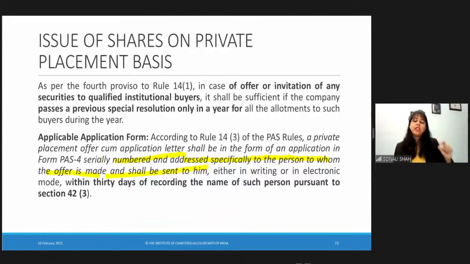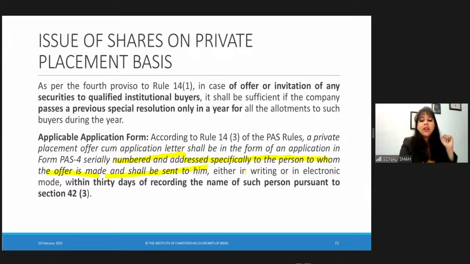So if the offer is being made to Ms. Sonali Shah, it will be specifically addressed. So it is only I who can subscribe to the securities. It's not that if I have received the offer, my entire family is free to make the application. No. It is addressed specifically to the person to whom the offer is made